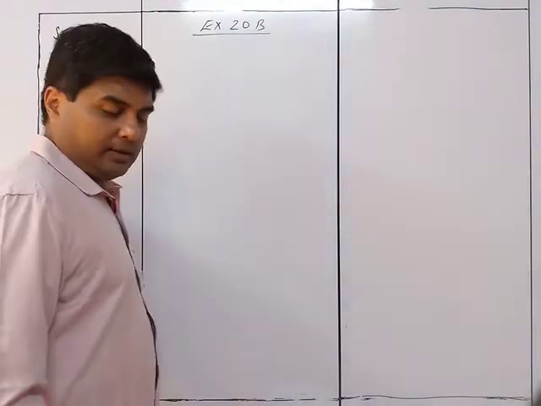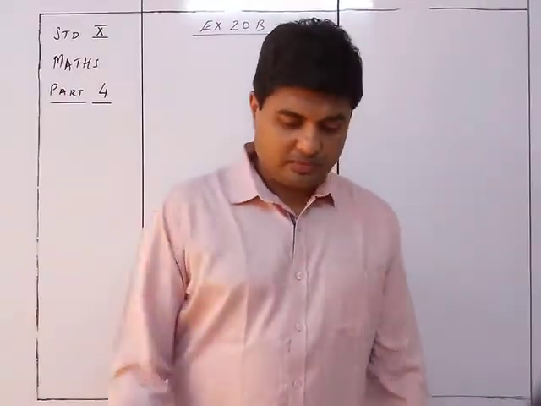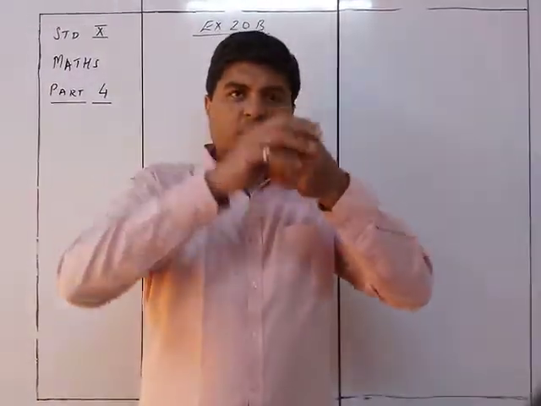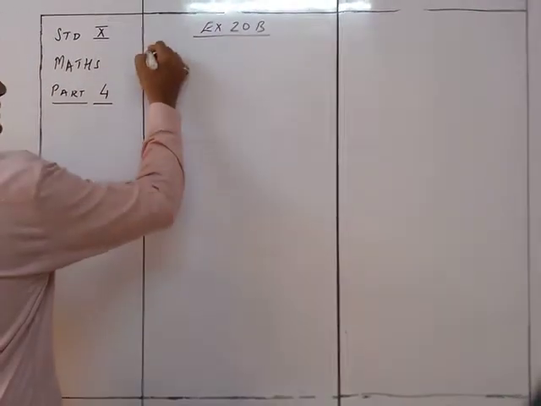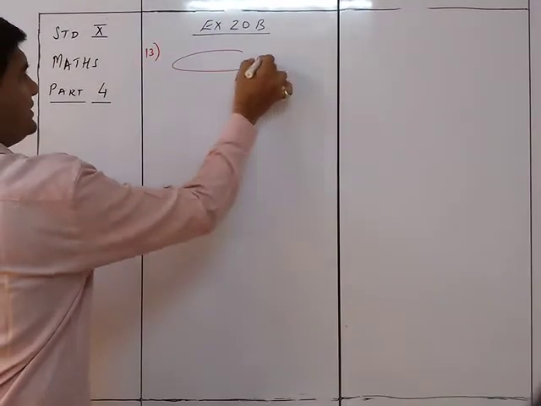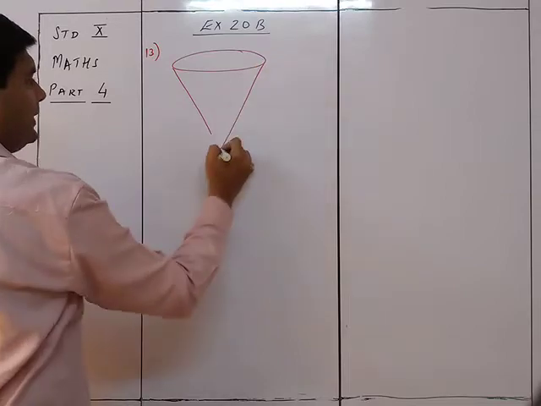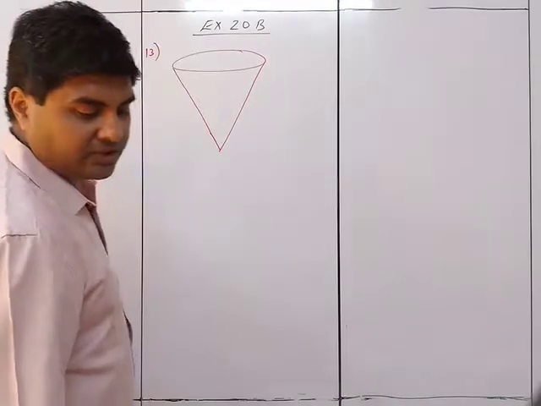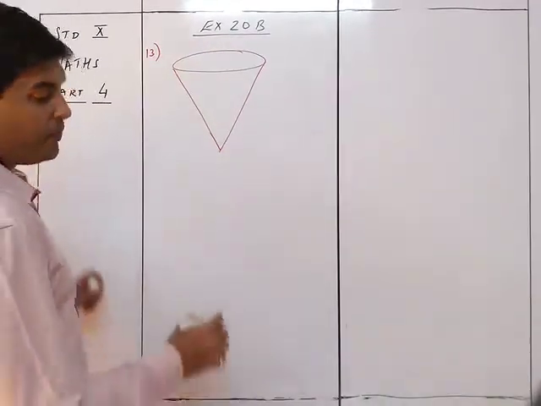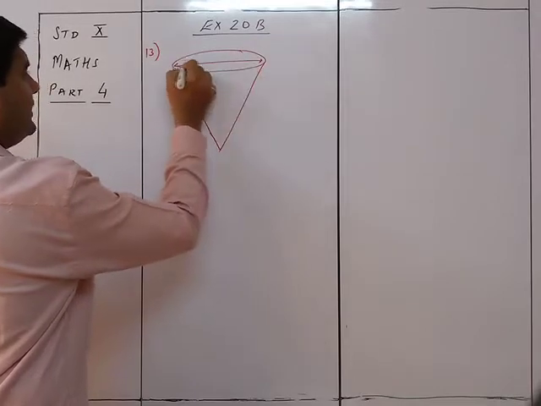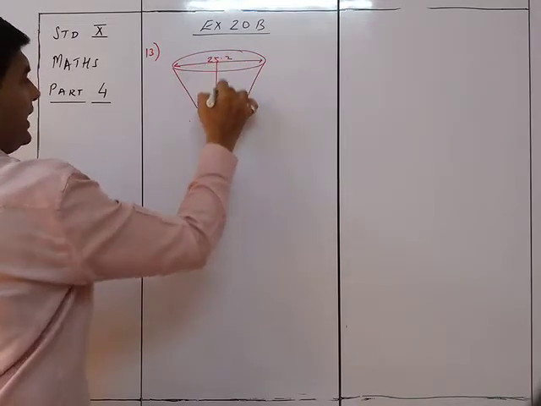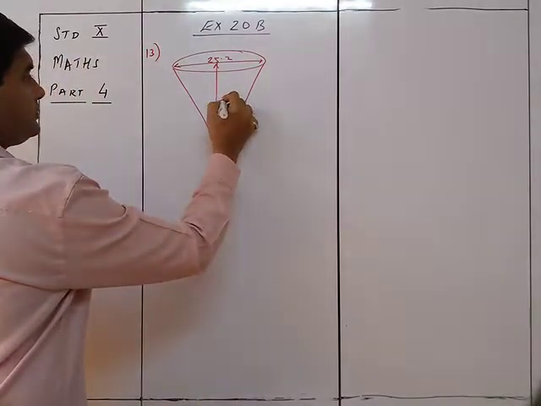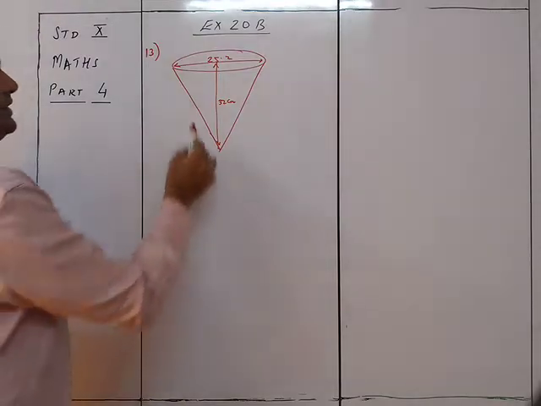So, this is something similar to the Thirsty Crow. That vessel is taken, an inverted cone, which is completely filled with water. So what we have is a particular vessel, which is a conical vessel, with height 32 centimeters and diameter of the base 25.2. So this diameter over here is given as 25.2 and the height is given as 32 centimeters. It is completely filled with water.